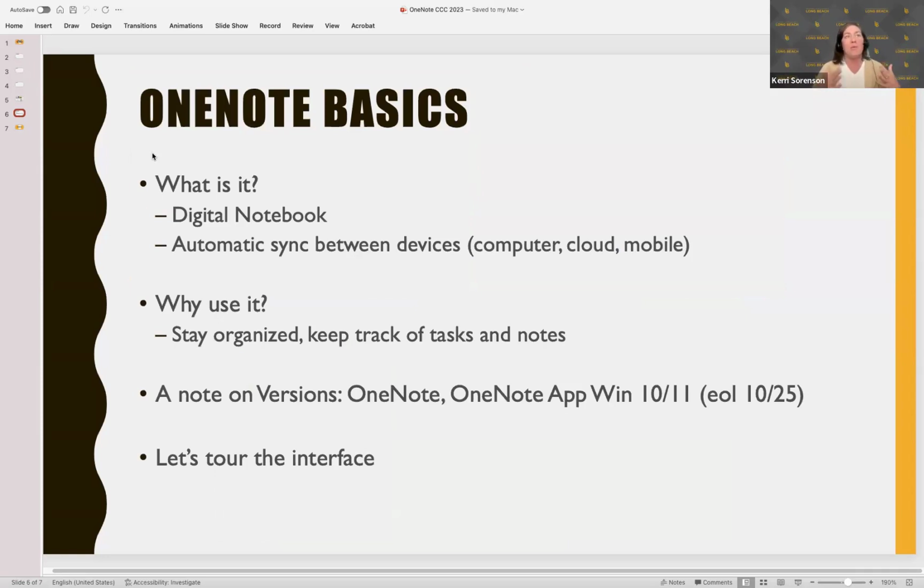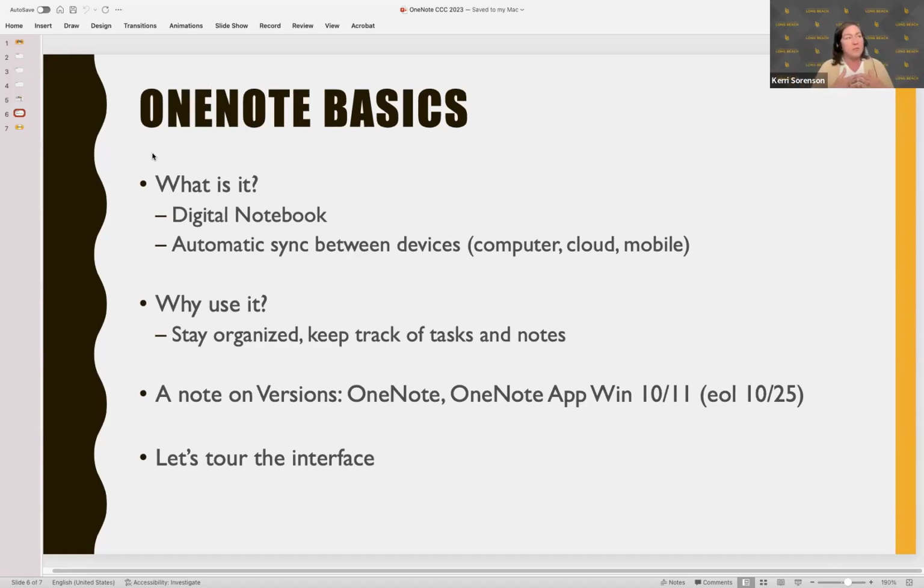And the nice thing about the OneNote application is that you have automatic syncing between devices. So I'm sitting in a meeting, I have OneNote open, I'm taking great notes in there. I might need to take a break, and as we call it in the division of IT, when someone's going to run out to the restroom, we call it going down the hall. So I might need to pop out of that meeting and run down the hall, but I see somebody on my way. They tell me something very important that I'm supposed to take note of. So I take my phone out and just make a little note in OneNote there. And when I get back to my laptop in the meeting, all of those notes are going to be synced